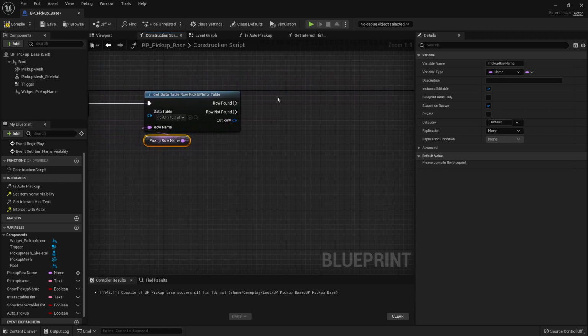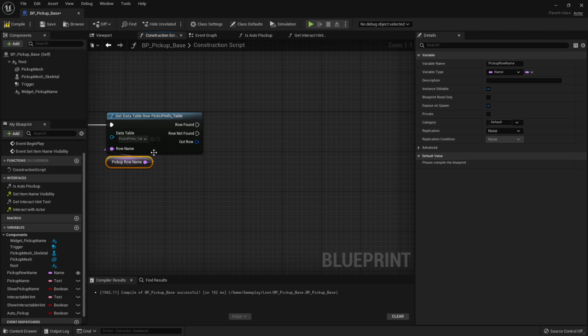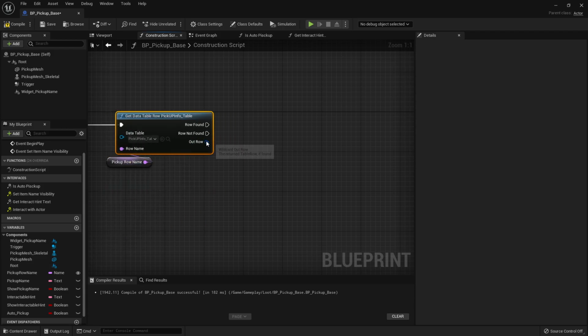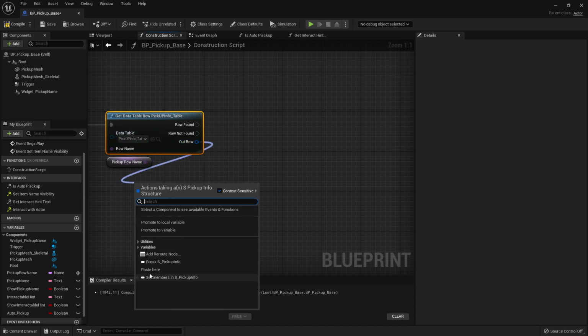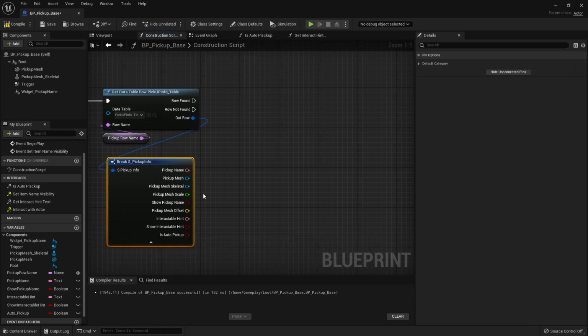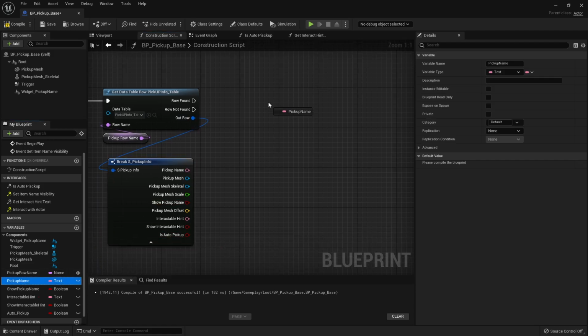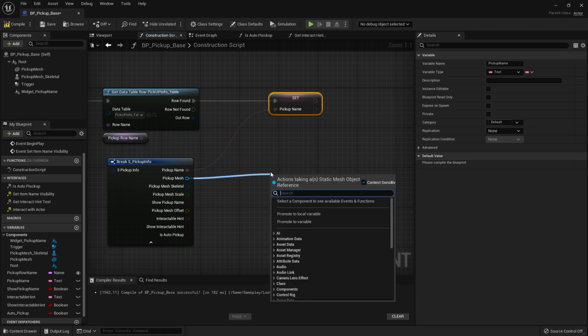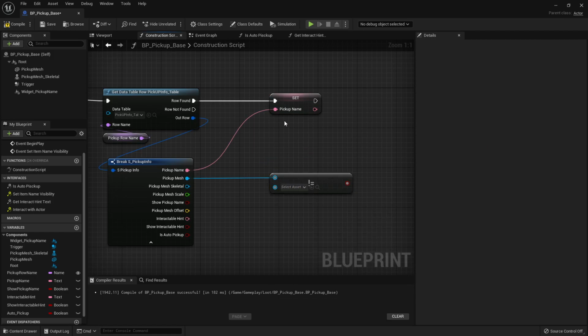So let's make sure that we grab our, I'm kind of confused here. So we're going to grab the structure that came from the data table, and we're going to break the structure. So there we go. And then we can simply use the variables. So first let's set our pickup name, drag in a setter, and simply connect it to the structure. Then we're going to drag off our pickup mesh, and this one is the static mesh. So we're going to compare this, and we want to know if it's not equal to nothing. So we're going to grab a branch